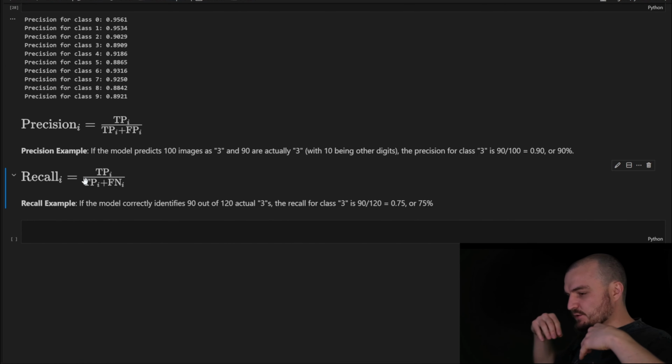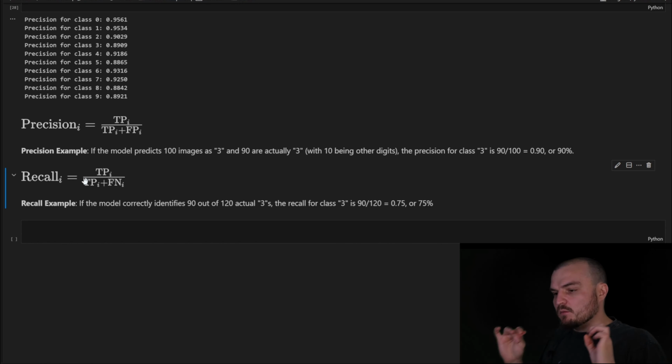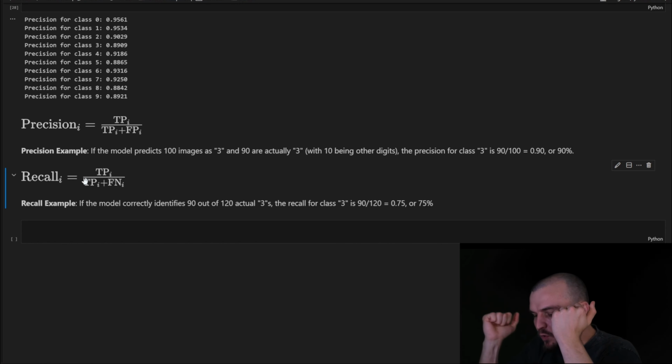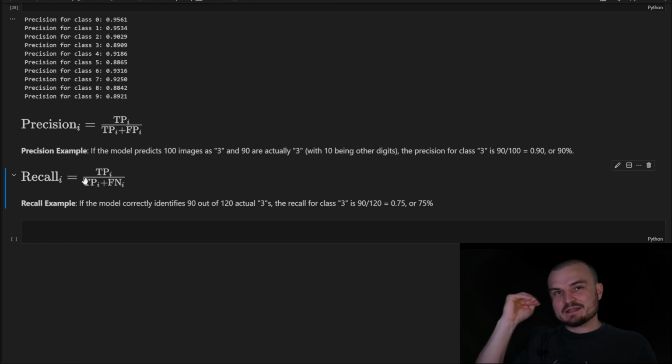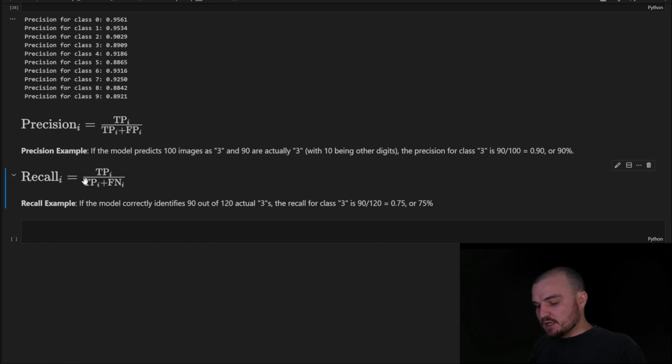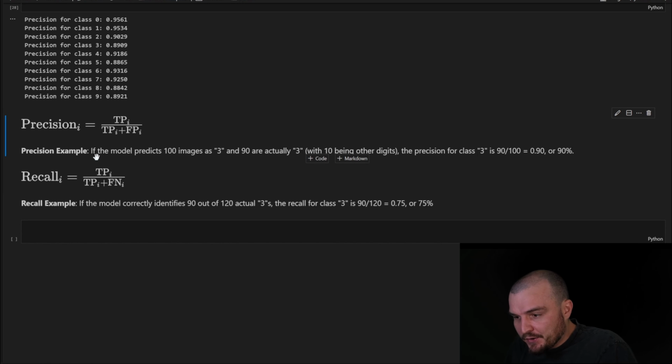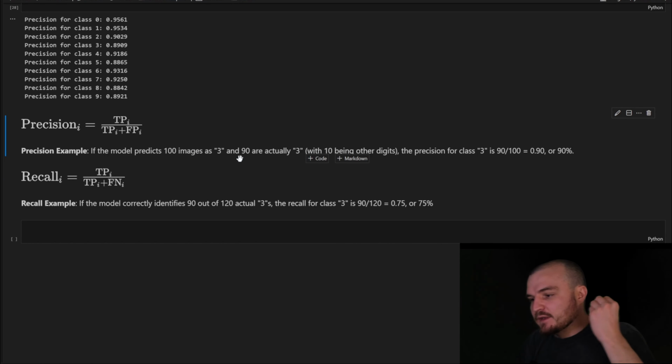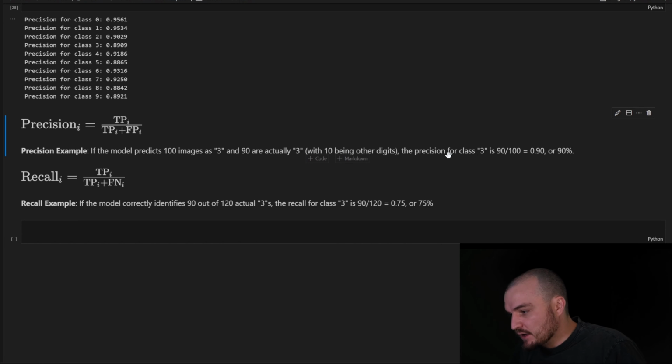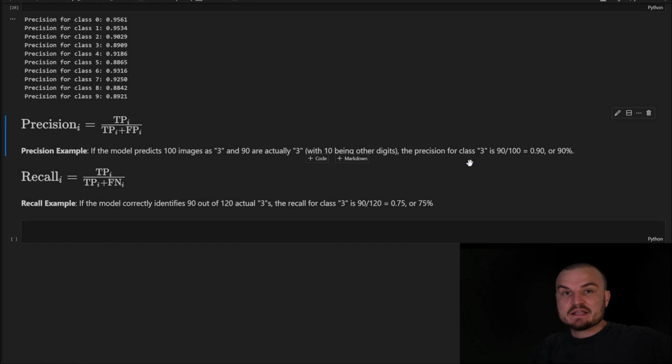The precision metric is very important if you care more about being accurate when you do predict a certain digit, in other words, minimizing mistakes when our image is, let's say, 3. In this example, you can see how it works: if the model predicts 100 images as 3 and 90 are actually 3, the precision for class 3 is 90%